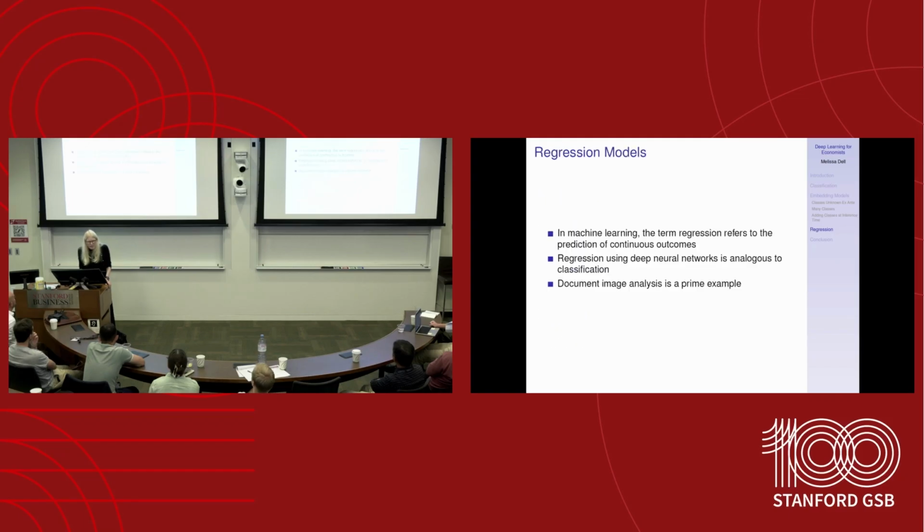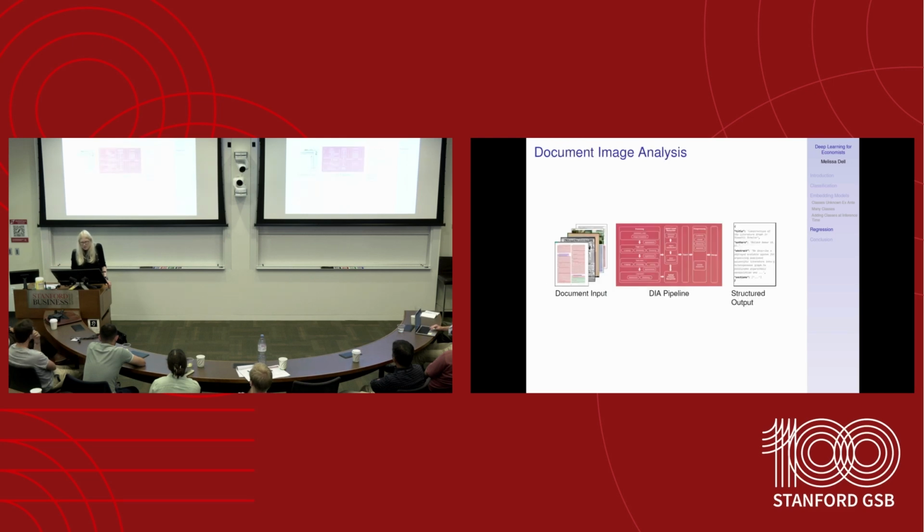Okay, I have just a very quick word about regression. So again, in machine learning, the term regression refers to the prediction of continuous numbers, continuous outcomes. And it basically works just like classification. You add a layer to your neural network, but now that layer is predicting a continuous number instead of predicting the class scores. One example of this that comes up in economics a lot is document image analysis, where